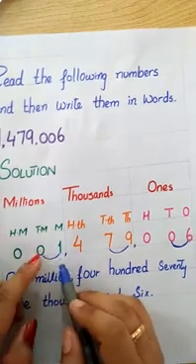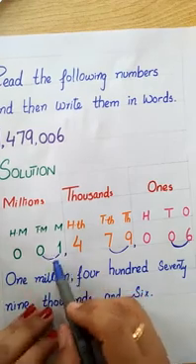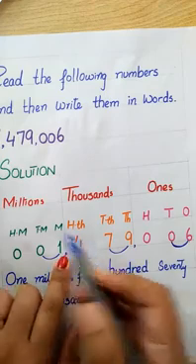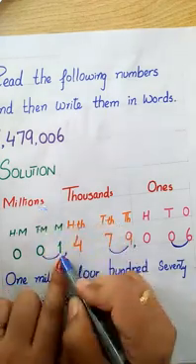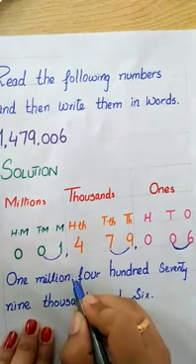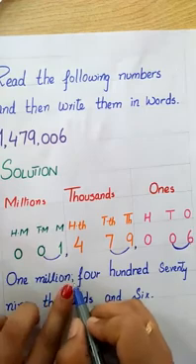अब हम इनको जब लिखेंगे, write them in words, तो वर्ड्स की फॉर्म में हम इसको रीड करेंगे. जो हमने बैंड्स बनाए हैं इनको हम कंबाइंड रीड करते हैं. So 0 1 is 1. After the 1 we have comma. So when we have comma, mention the family name. 1 million, comma, so put the comma.